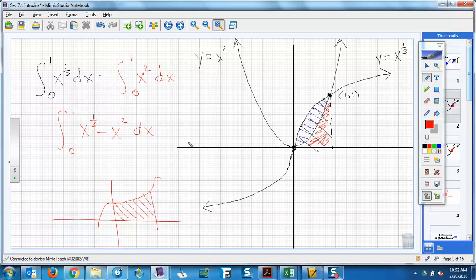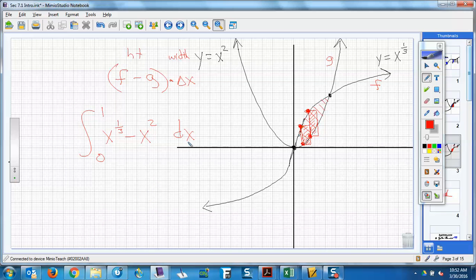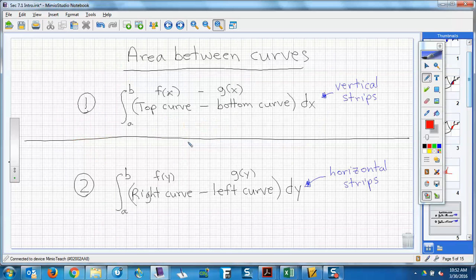It gets more confusing to think of it like we did here, black minus red. If the x-axis gets involved, then it gets really confusing. It's going to work no matter what, but the best way to think about it is this. So this would be good to put in your notes. When we're doing area between curves, now number one here,